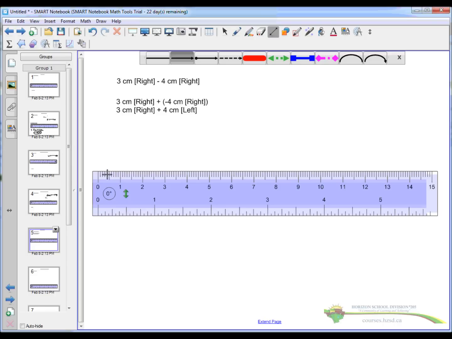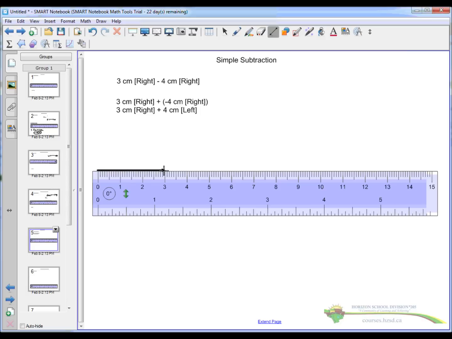So we just need to draw in, and again, we don't need a scale because we're working in small numbers of centimeters. So we need 3 centimeters to the right, plus 4 centimeters to the left,